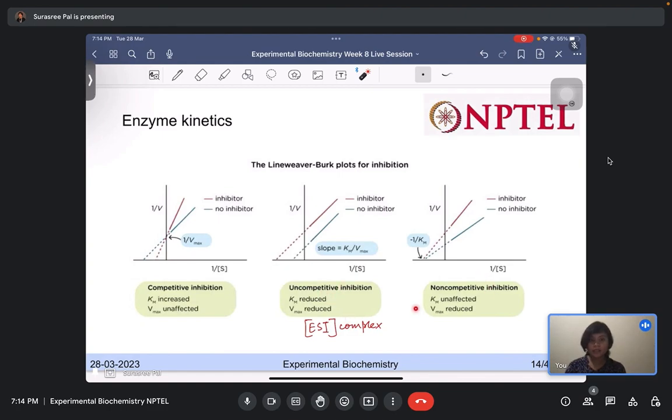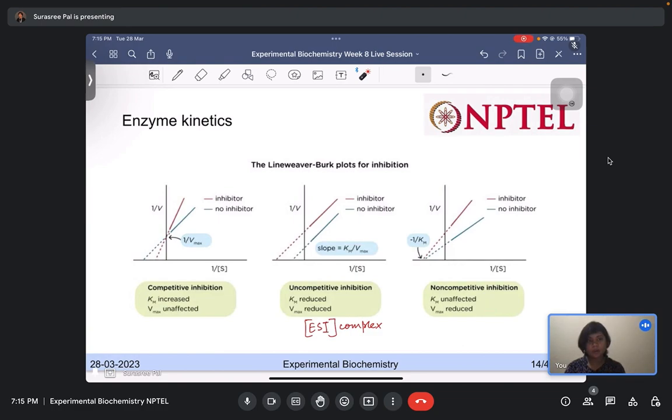And in case of non-competitive inhibition, the Km value is unaffected because the inhibitor is binding to an allosteric site, not the active site. So the Km value is unaffected. So what we can see here is that the minus 1 by Km, or the x-intercept, is the same when there is inhibitor and when there is no inhibitor, but the Vmax is reduced. So 1 by Vmax is increased for non-competitive inhibition. So when there is inhibitor, the 1 by Vmax has increased. So therefore we can say that Vmax is reduced,